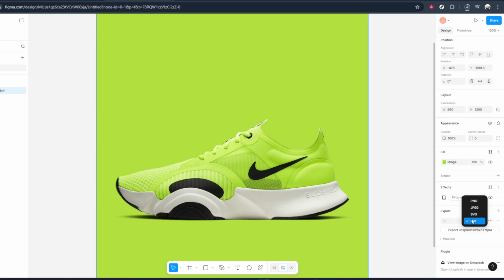After choosing PDF, you can double check any additional export settings if they're available, such as which frames are being exported or the scale. For a straightforward export, the default settings usually work perfectly. When you're ready, go ahead and confirm the export, and Figma will generate your PDF file. It will then prompt you to save it to your computer, where you can rename it and choose the folder you want, and that's all you need to do. By clicking on Design, opening the export section, and selecting PDF, you can quickly convert your Figma designs into a